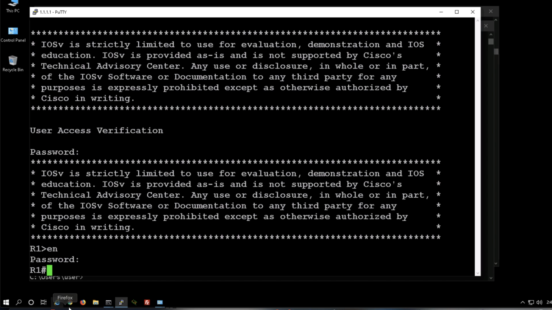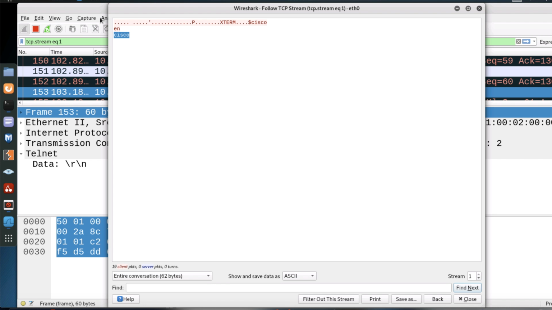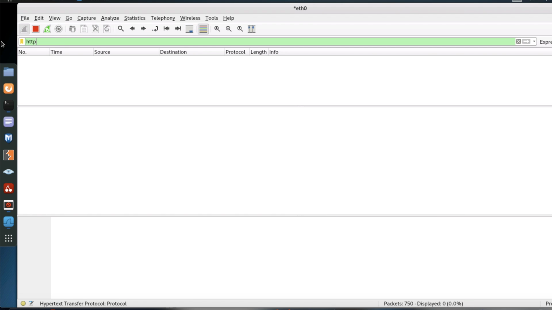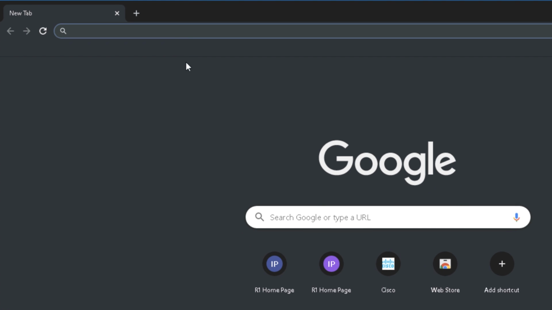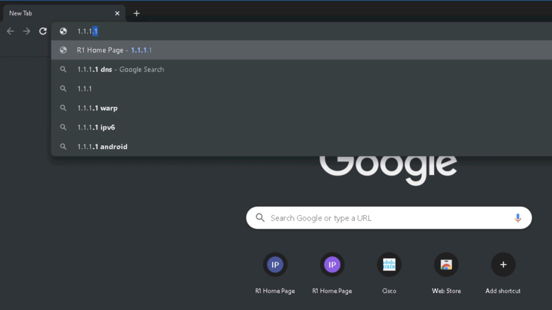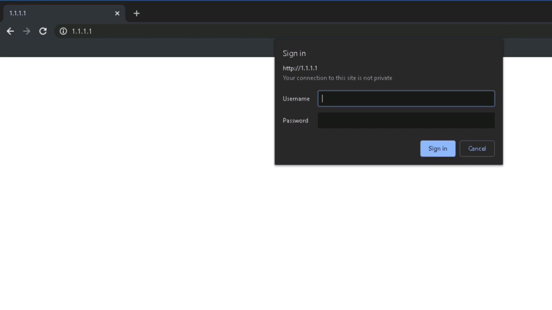Now, on the PC, I'll open up a web browser, and what I'll do in Kali is specify HTTP. So let's look at HTTP traffic. You should be using HTTPS. Most websites use HTTPS. But again, if I connect to the router and put in my username and my password